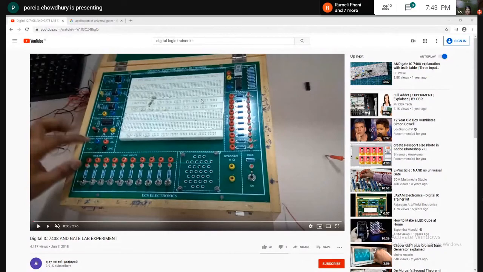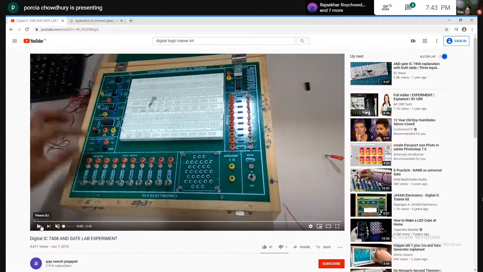The white portion is basically called the breadboard, where we have to place the chip and where we have to connect the wires to each of the pin or chip line. We have input lines, written logic inputs, and on the other side we have logic outputs. We also have lines for ground and VCC. It's written on the black knob GND, and on the red knob plus 5 volt.